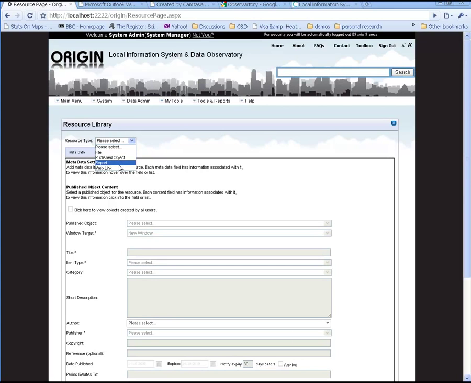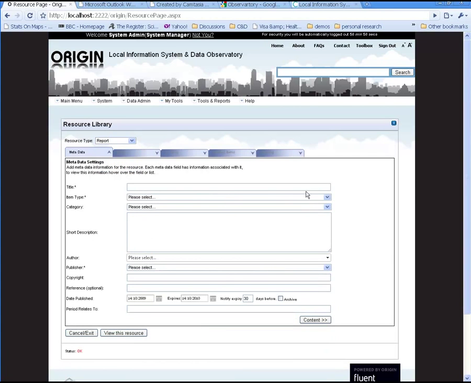It can be a report that you author, or it can be a web link to a third-party website, intranet, extranet, or other resource. So I'm going to choose the reporting option,